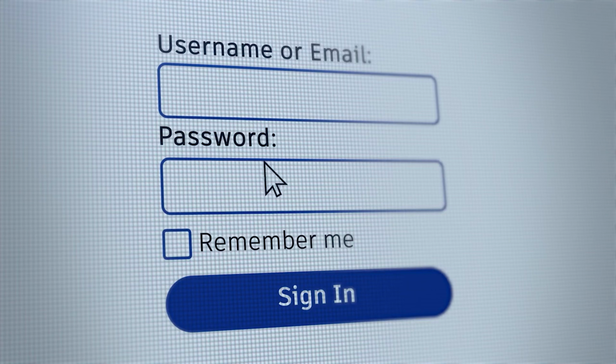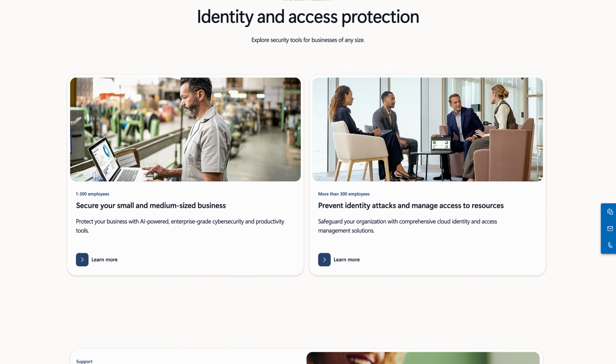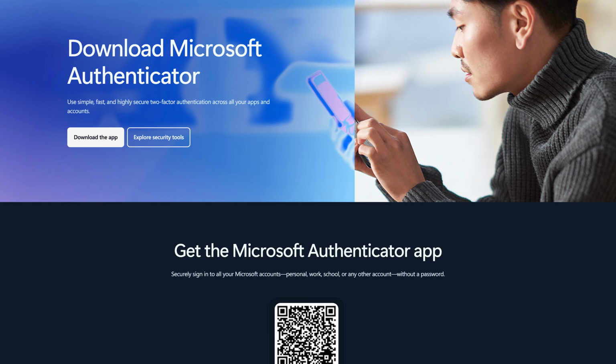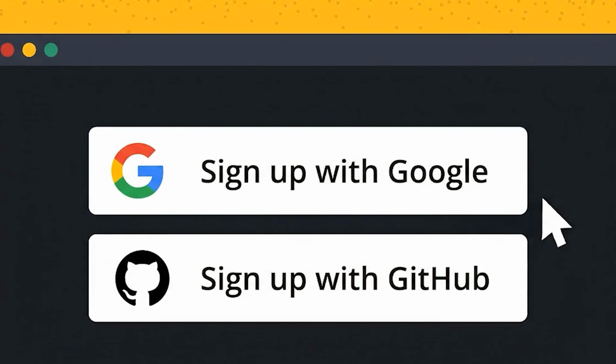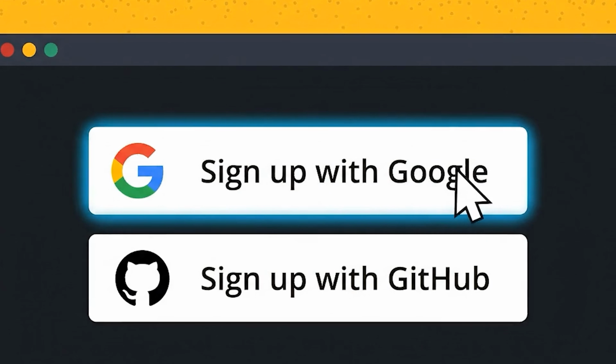We'll try to also solve some interesting problems around authentication. Most of the time you learn authentication, let's say via JWT token or session based auth, but we'll try to see some more modern authentication systems, like how exactly you can use an authenticator app to implement two-factor auth altogether inside an application. We'll also see how you can implement very simpler alternatives around this using Google based authentication, or let's say GitHub based authentication.